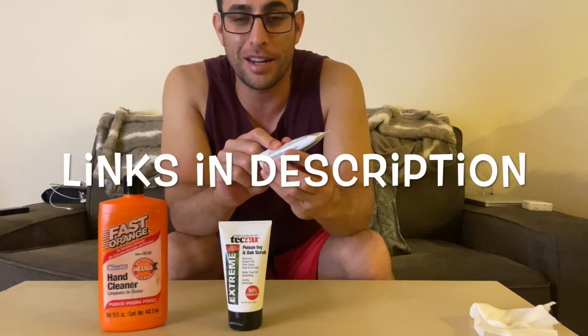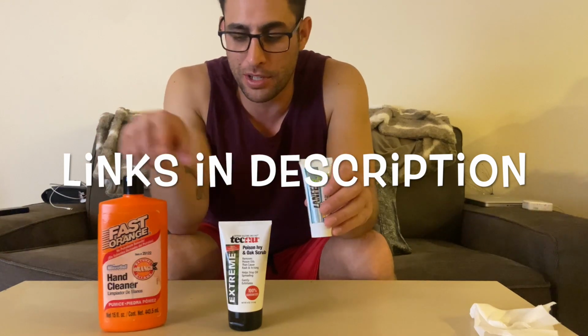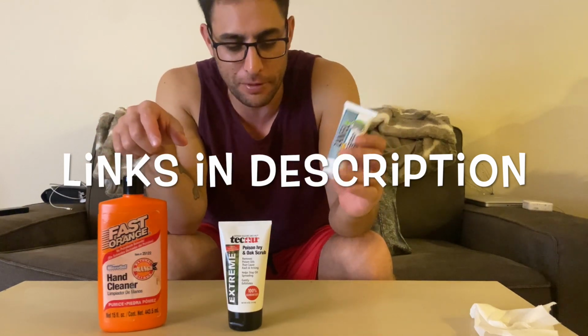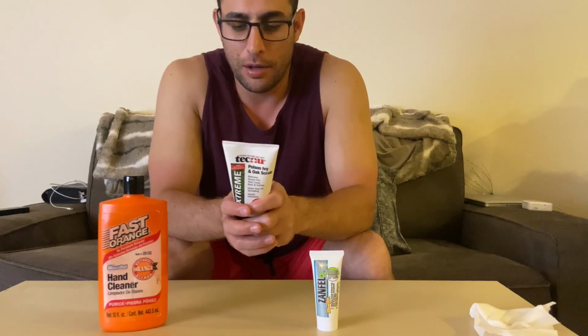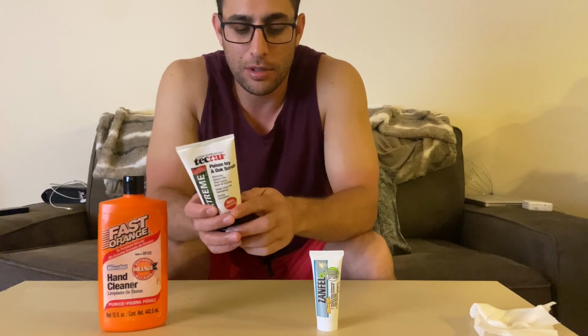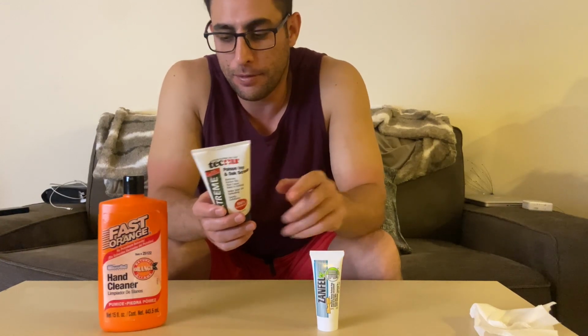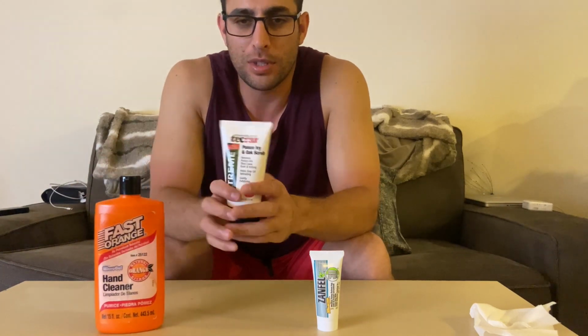If this was the only thing that I was using, it would probably be gone by now, but I used a combination of the 3, so I still have a little bit of the Zanfel in there. And then 3rd place goes to the Tecnu. Price was okay. Price point was right in the middle at $3 to $4 an ounce, so not quite as expensive as the Zanfel and not quite as cheap as the Fast Orange, but the effectiveness wasn't as good as